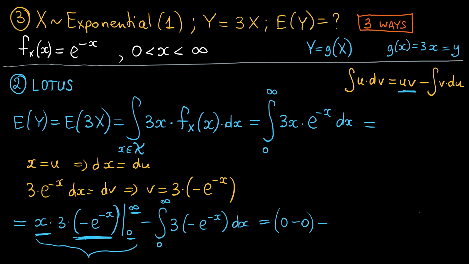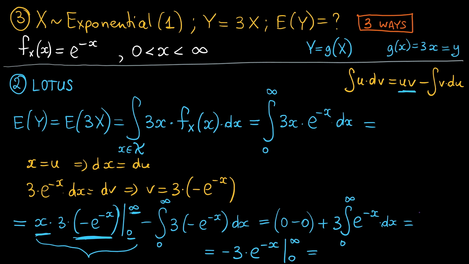And then in the second one, we'll have the integral, and let's see, so we'll have a plus sign because we have two minuses, and then we'll have 3 times the integral of e to the power of minus x as we go from 0 to infinity, and that will give us minus 3 times e to the power of minus x evaluated from 0 to infinity,